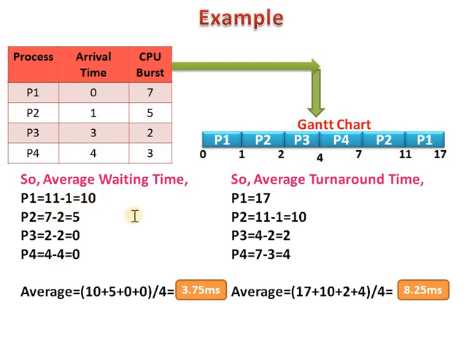Next for P2 process, here P2 process is executed 2 times because first it executed for 1 millisecond, after that P3 arrives which has a shorter execution time as compared to P2. So here P2 is executed in 2 parts. So here we are calculating the waiting time for P2. What is the waiting time for P2? P2 process waits for 7 millisecond. So here 7 minus 2. Why 2? Because at 2 millisecond process P2 is already executed. So here 7 minus 2.